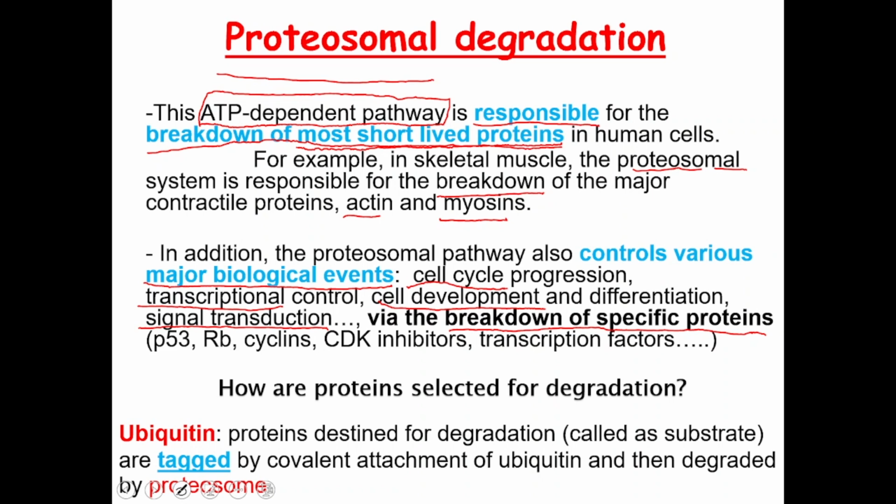Because out of all these processes, you know transcription, correct? And transcription happens only when transcription factors are there, right? So for example, transcription happens. Once it is done, there is no need for those transcription factors. So what happens? Proteasome breaks those transcription factors down, and transcription stops. If those transcription factors are not broken down at the right time, it will keep on happening and happening, resulting in an abnormality. So you understand, in order to control transcription to be done for a certain extent, proteasome needs to break down